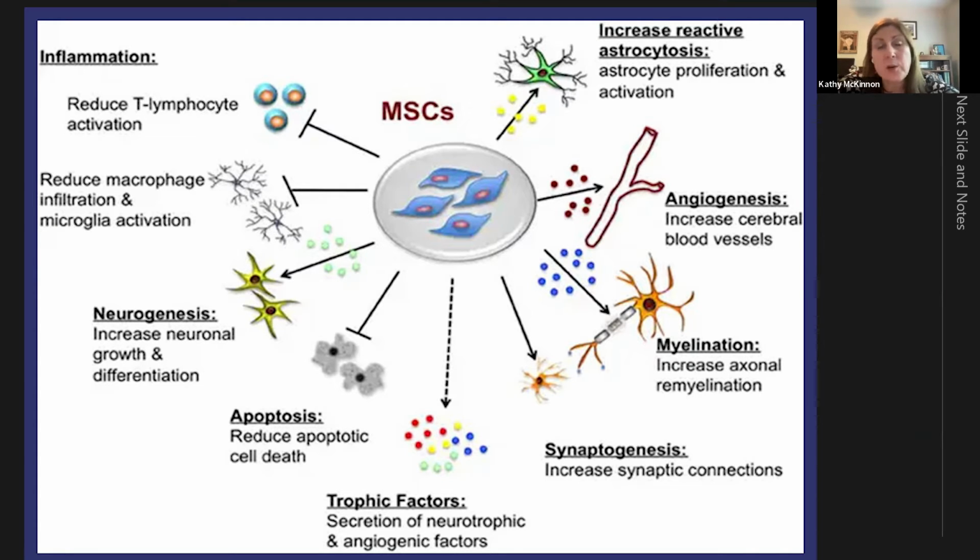And many of the studies that are being done in autoimmune diseases are putting in just these stem cells by themselves with the hopes that they can detect the need in the body and go to the areas of need and help repair, which seems to be what's happening. But what's thought to be part of the future of this is learning how to treat these cells with different inflammatory chemicals or anti-inflammatory chemicals to already direct them in a certain pathway of inflammation that's in the blood vessel. So when you put in these cells, they're more targeted. They can go directly to the areas where they're needed and enact the change to help regain health and control disease. Next, please.